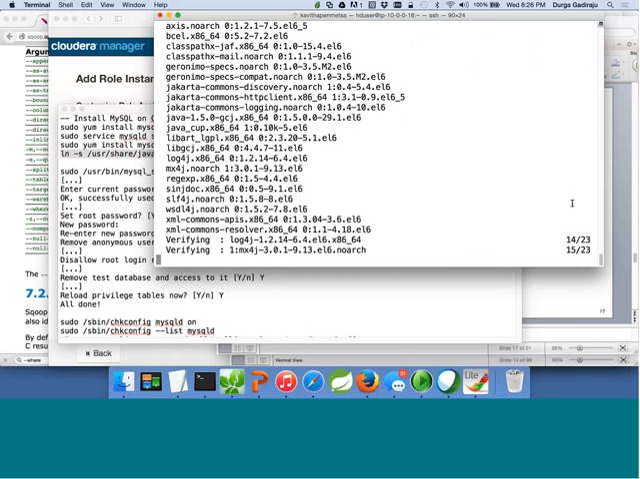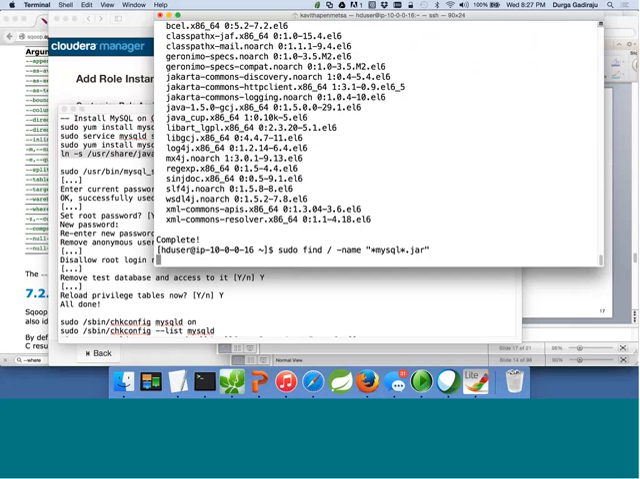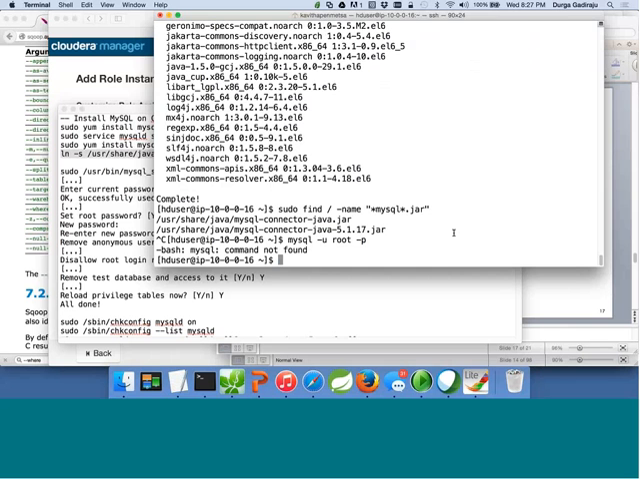Now it is installed. Now if you run sudo find -name mysql*.jar, you can find this. But if you run mysql -u root -p, as there is no MySQL database, this command will fail. So now using this jar file, we can connect to